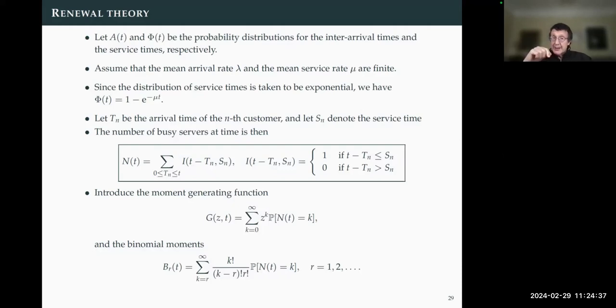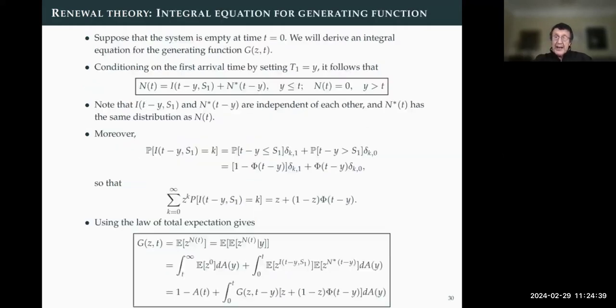And that determines N(t). And the basic idea of how you can calculate things is a bit like what I've talked about with the strong Markov property, which is to decompose N(t) into two terms, one term based on the arrival of the first customer, and then the remainder. And again, we use the fact that the remainder has the same statistics as the original. Because of time constraints, I don't want to go through all the details, but basically using this decomposition, you can explicitly calculate the generating function for, yeah.